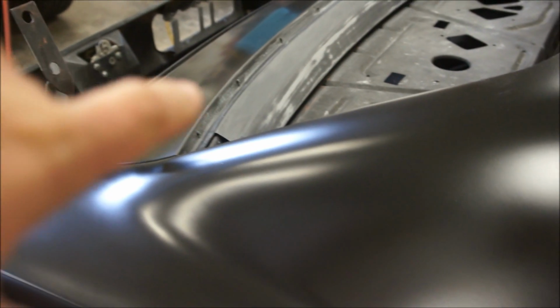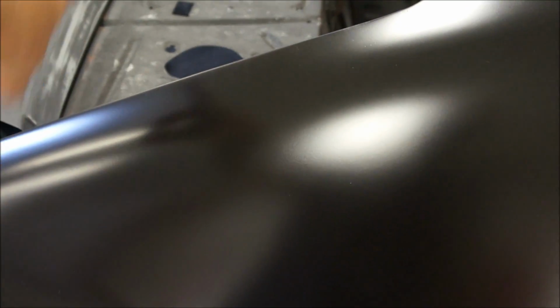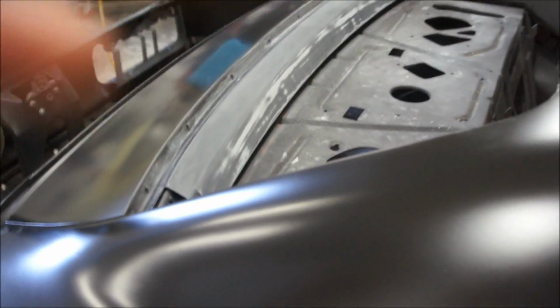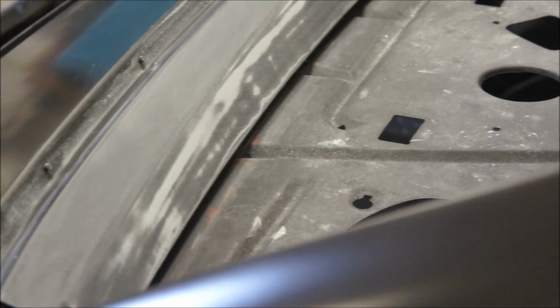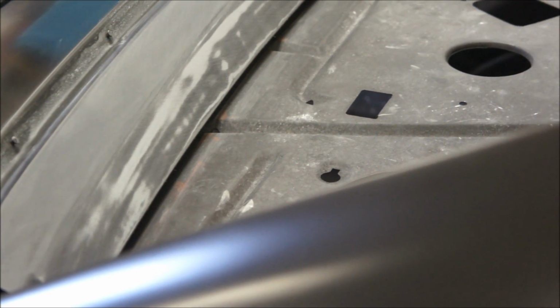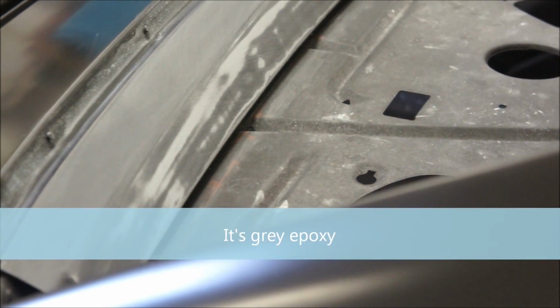So I needed to do this, and for whatever reason I thought that thing was straight. I don't think I put any filler in it, but I thought it was really straight, the way it looked, I guess. Well, I got to sanding it, and I was sanding it down with 320 because it just had epoxy on it, and it looks like I've sprayed possibly some primer underneath that at some point, which I don't remember doing. I guess I need to go back and rewatch a video or something, but anyway,